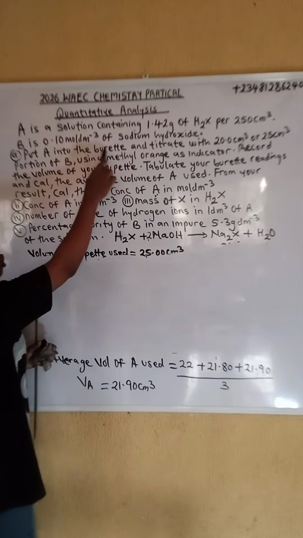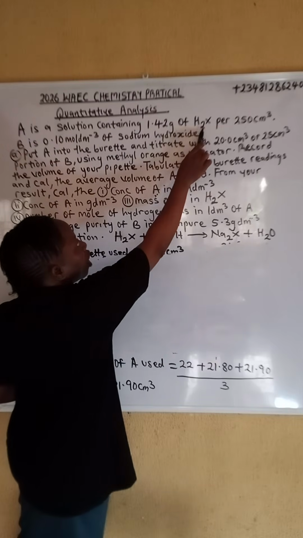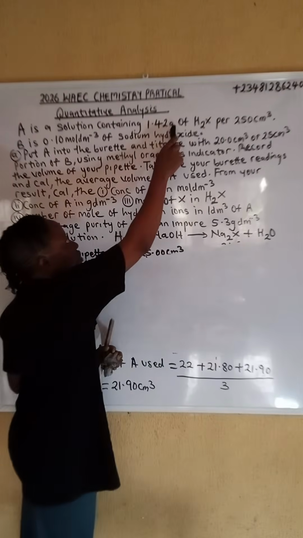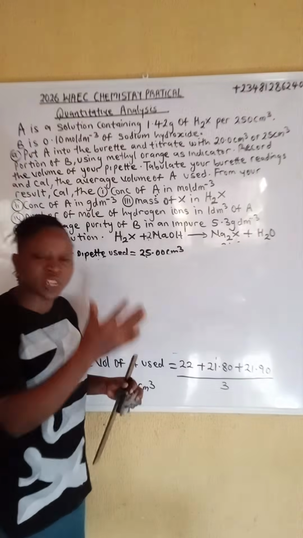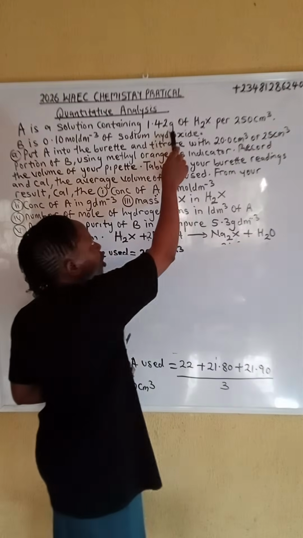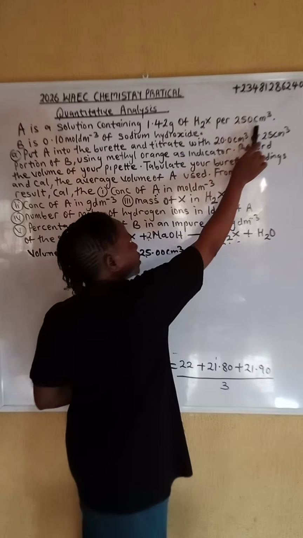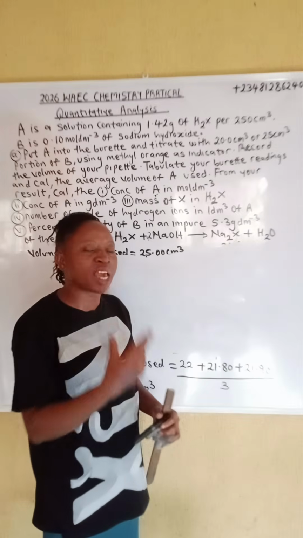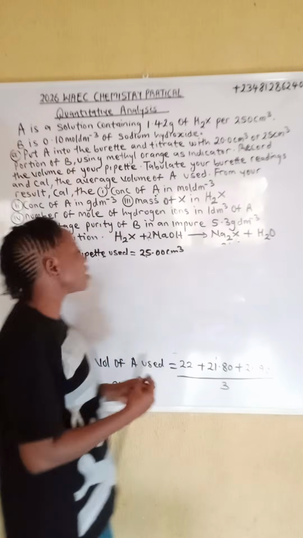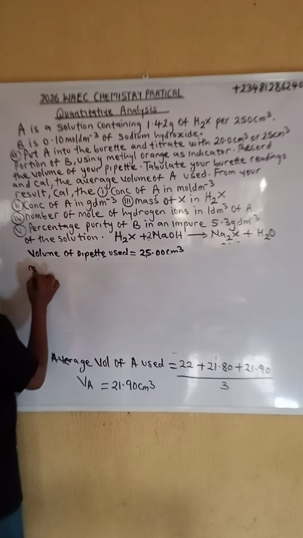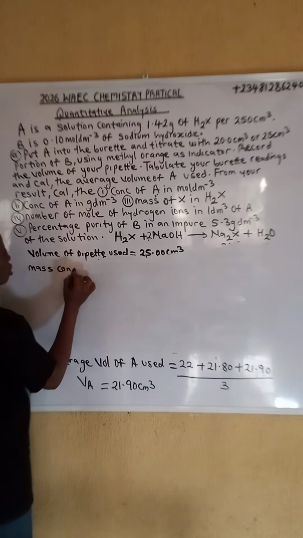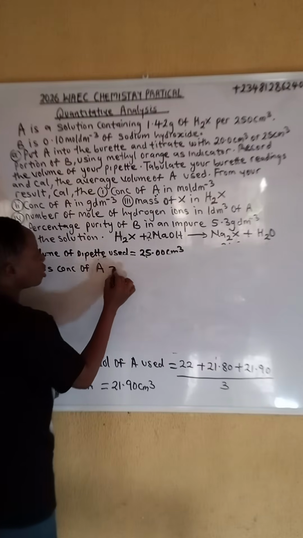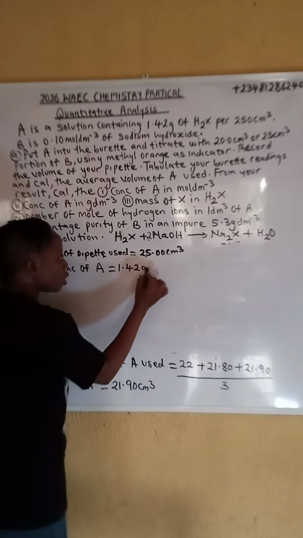So A is a solution containing 1.42 gram of this unknown acid per 250 centimeter cube. Anything in gram is mass concentration. But this mass concentration is in gram per 250 centimeter cube, then our mass concentration must be in gram per dm cube. So this is mass concentration. You are going to write it as mass concentration of A equal to 1.42 gram per